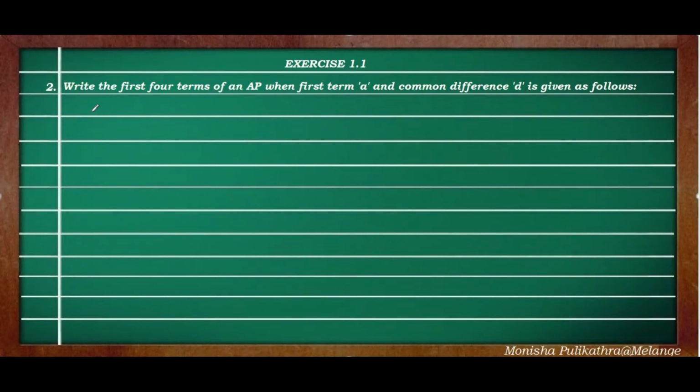Here in this section I will be solving exercise 1.1, in which only the second question I will be solving. The second question is, write the first 4 terms of an AP when first term A and common difference D are given as follows. The first question is A is equal to 10 and D is equal to 10. So here the first term A is also 10 and the common difference is also 10. Here we need to find out the first 4 terms. The solution is